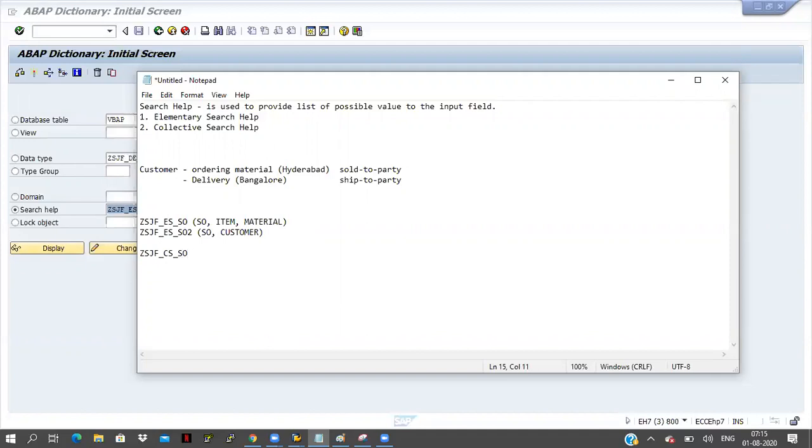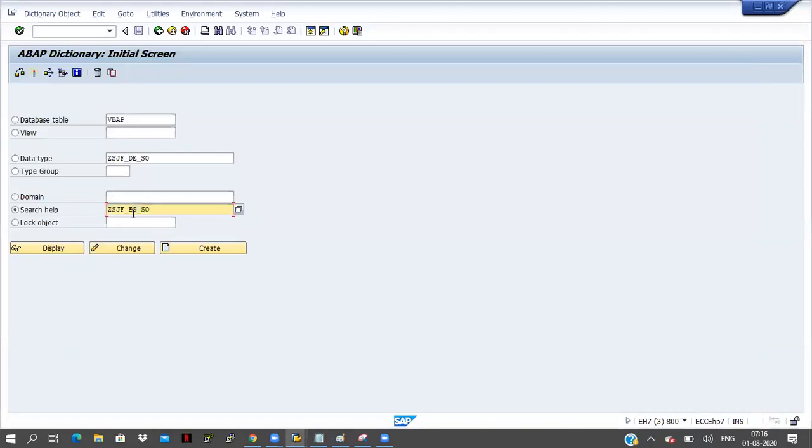You can take more than 2 also, no problem, 2, 3 or 5 search helps into a single search help. This is a collective search help, that is why I am taking CS. If it is an elementary search help, I will take ES here.